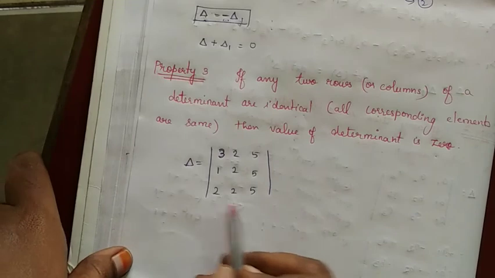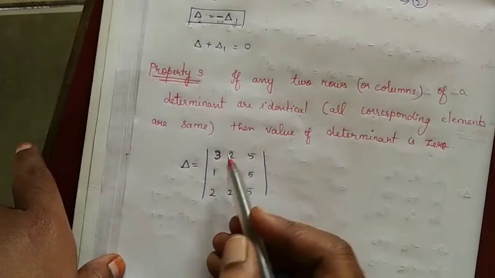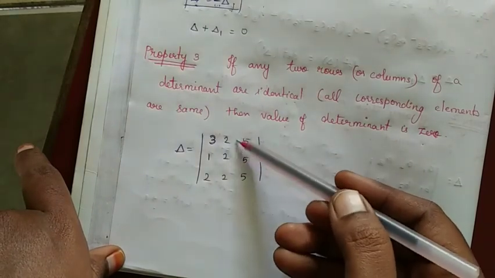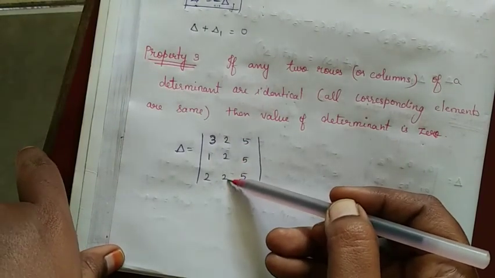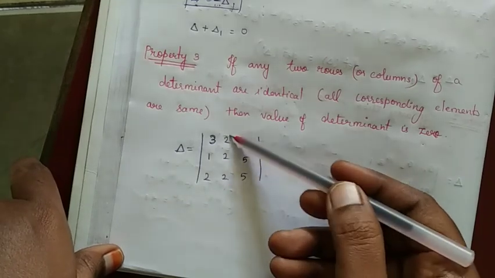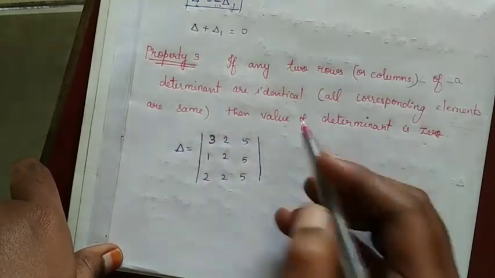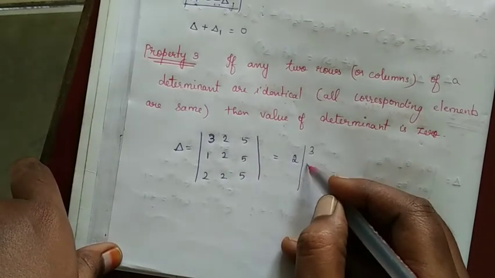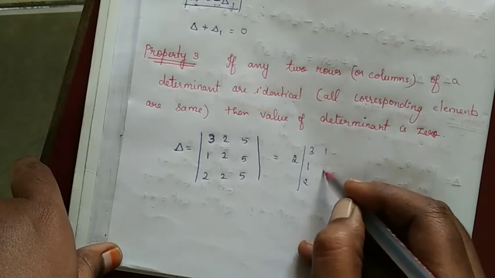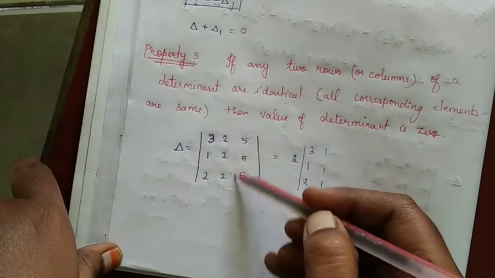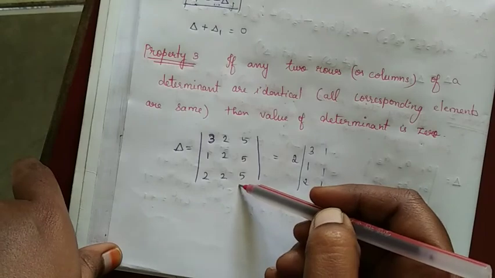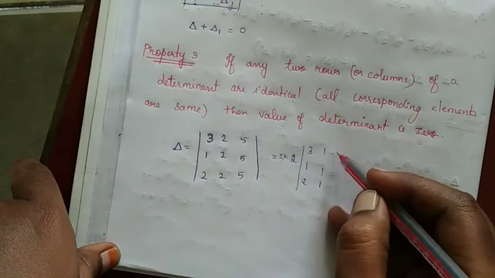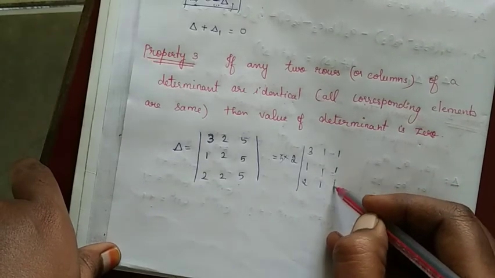Now let us assume that this is my determinant. Now from this determinant, see here, the second column, I have all the elements as same, that is 2. So from this one I can take 2 outside. So this I can write as 2 of 3, 1, 2, 1, 1, 1. Now similarly from this column 3 I can take 5 out. If I remove that 5 out here, then this will also become 1, 1 and 1.